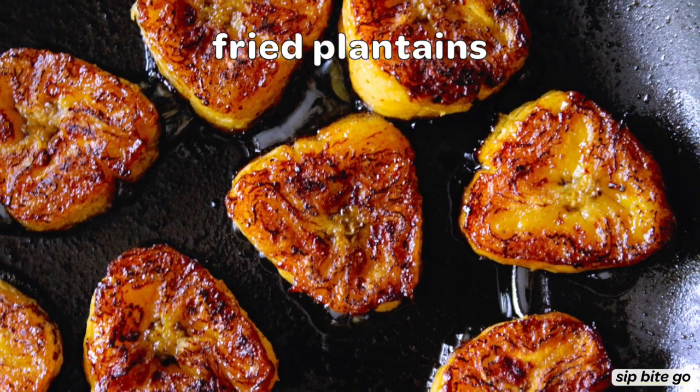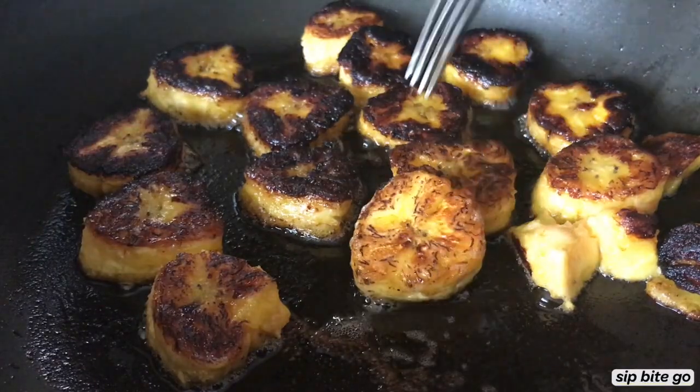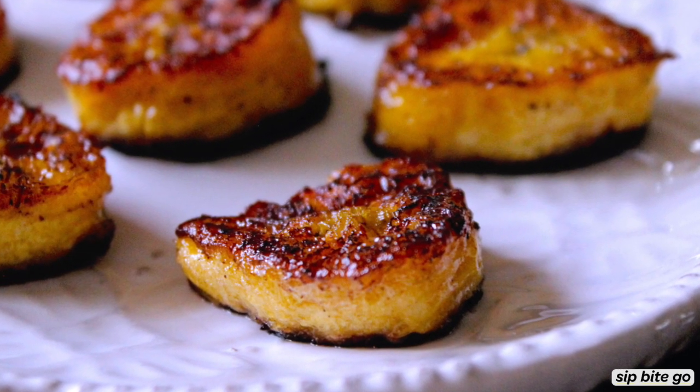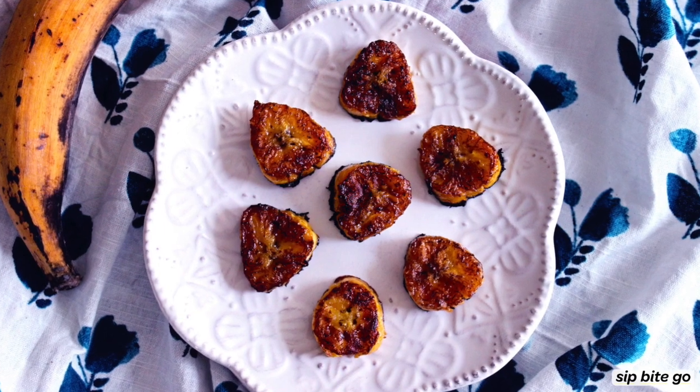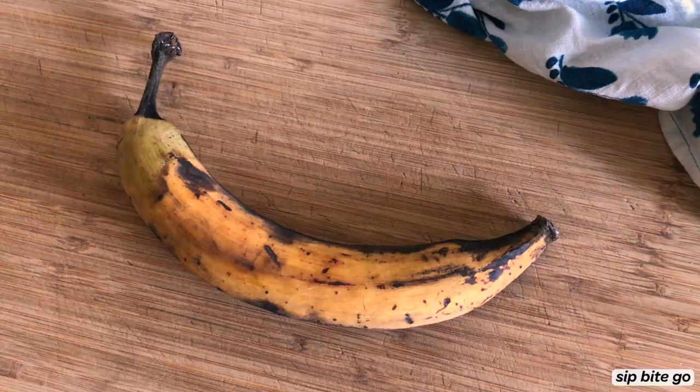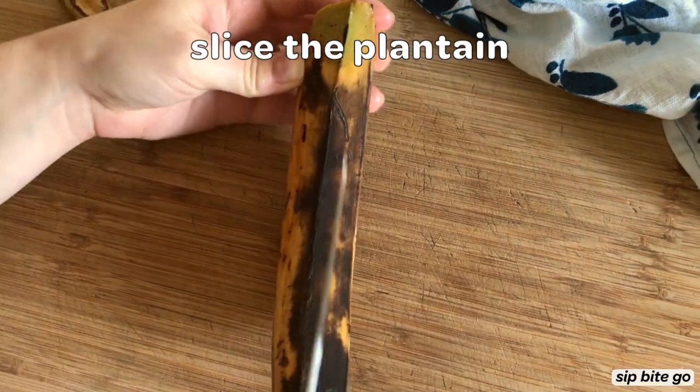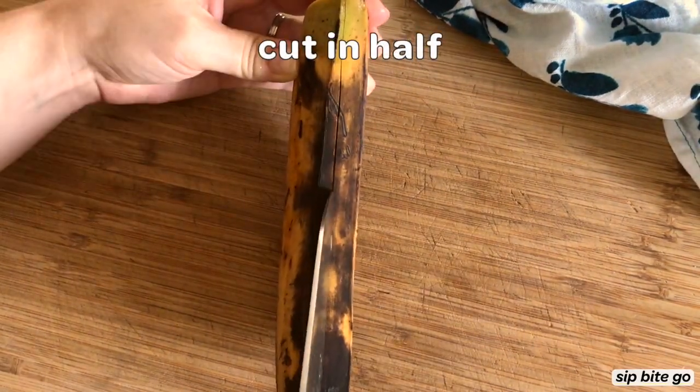Today you're going to learn how to make sweet fried plantains with a really simple recipe that takes just 10 minutes. This cooked fried plantains recipe can be used with yellow or blackened ripened plantains. That's right, your plantains probably look really ripe and almost too ripe, and that's exactly when they're ready for this